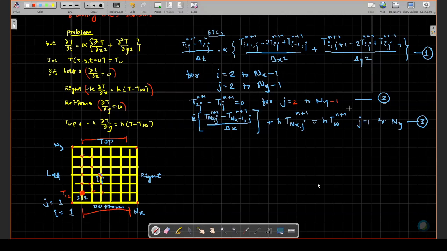and ny minus 1. Here also I can start with J2 to ny minus 1. Now when I'm starting with bottom, already 1 is known. When I'm doing this for J1 to ny minus 1, before that I will give the bottom boundary condition. I will calculate the bottom boundary condition in such a way that I get this value. Next to that, I will calculate the left boundary condition, so that this value will be known. You are getting this, Namita?